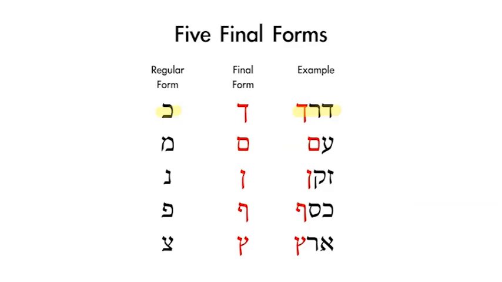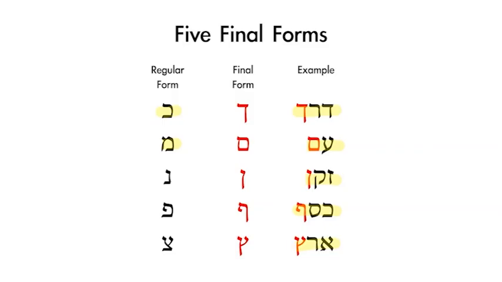kaf. With the example am, because the mem appears at the end of the word, it appears as the final form and not the regular form that would appear at the beginning or middle of the word. Likewise with the word zakein, because the noon appears at the end of the word, it also will take the final form. In the same way, kesef or eretz, because the pei and the tzadeh appear at the end of